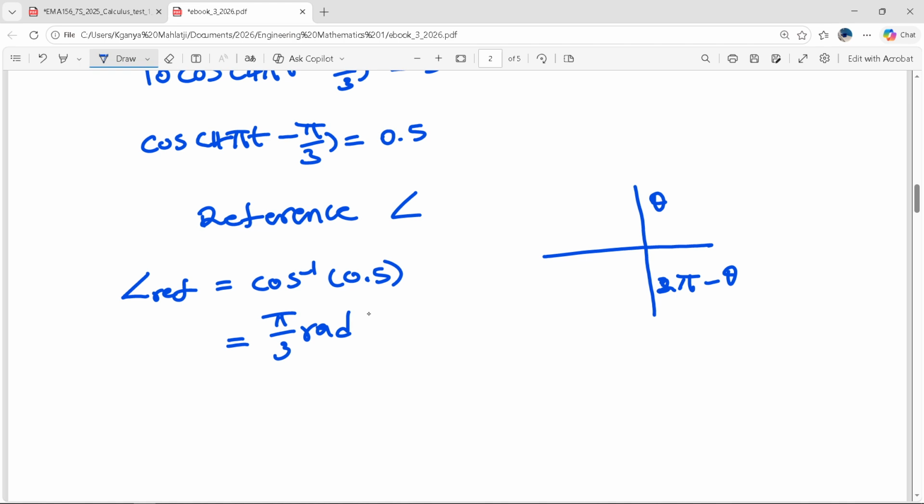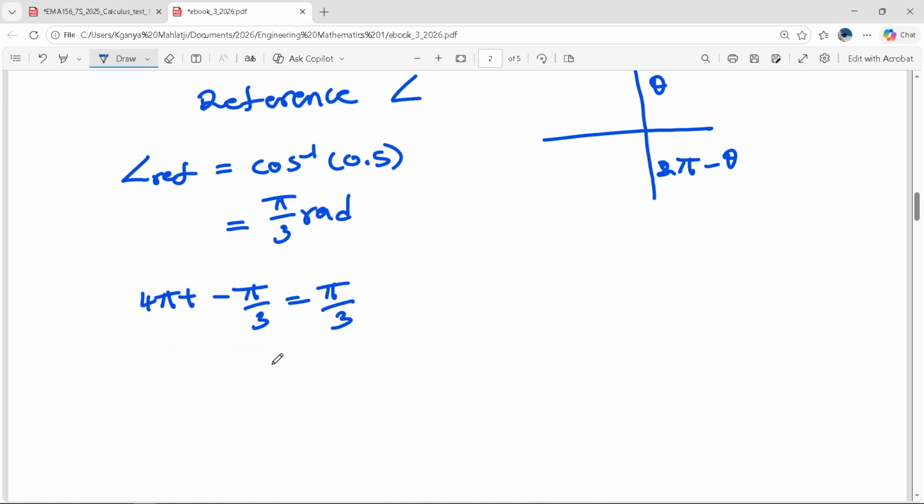Then you would have 4 pi t minus pi over 3 equal pi over 3. Then you'll have 4 pi t equal pi over 3 plus pi over 3. Okay, therefore from here you can say t equal